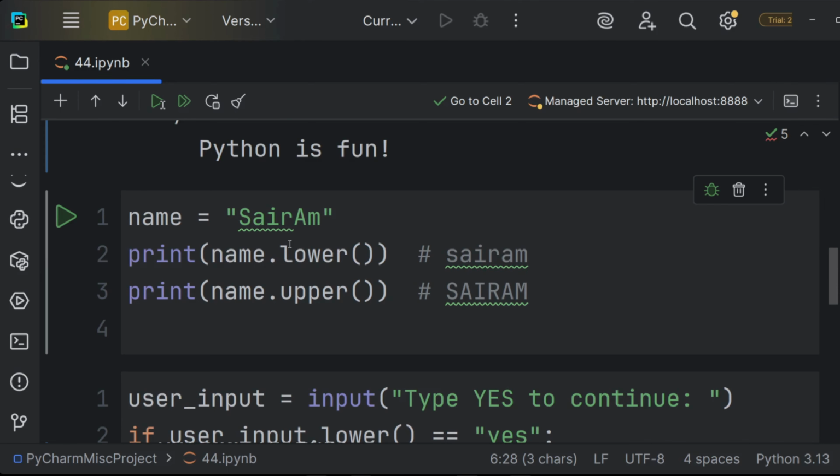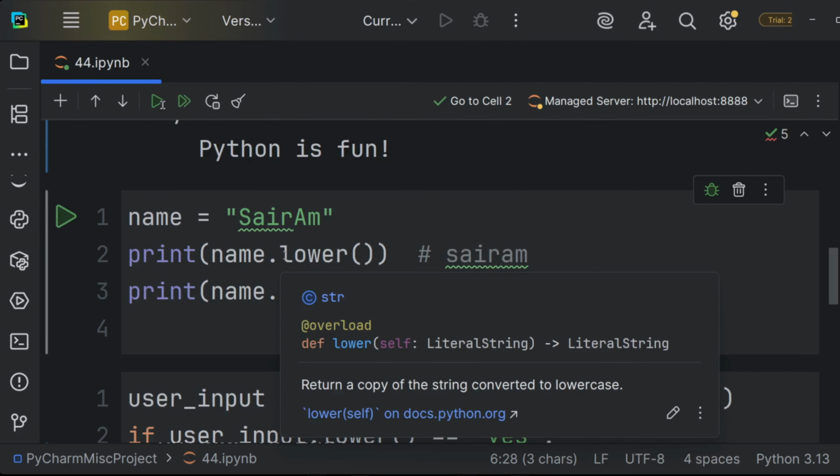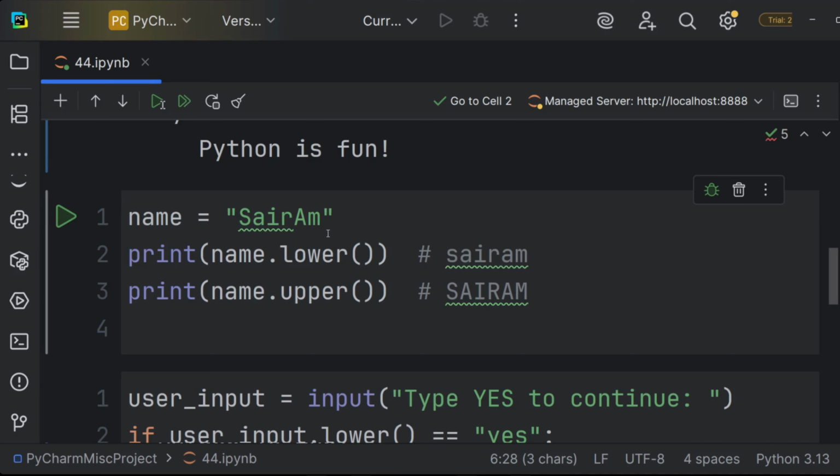Now let's talk about making text consistent. Let's say you're checking if a name is equal to your name, but the user types it in all caps. Sometimes the user types it in only lowercase, or sometimes the user types it in a quite jumbled way. So the computer will get confused and it won't give a proper output. That is why we have lower and upper. We already saw lower before, where it converts the whole string into a lowercase one. But this is where we look at its contrary, the upper method.